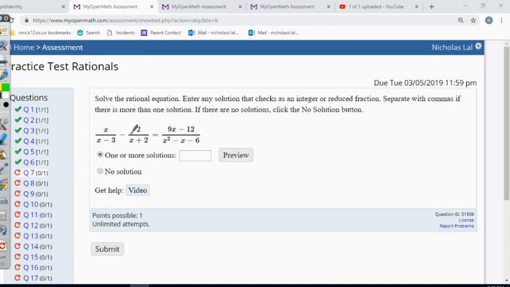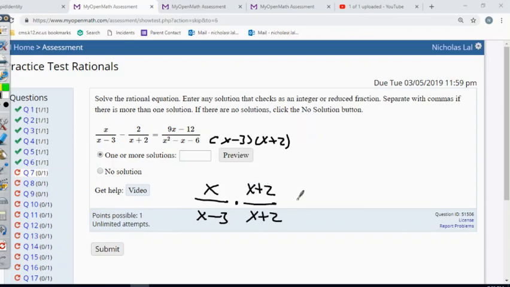x over x minus 3 minus 2 over x plus 2 equals 9x minus 12 over x squared minus x minus 6. We need to get a common denominator here. And this factors into x minus 3, x plus 2. So I have x over x minus 3, get a common denominator, multiplied by x plus 2 over x plus 2